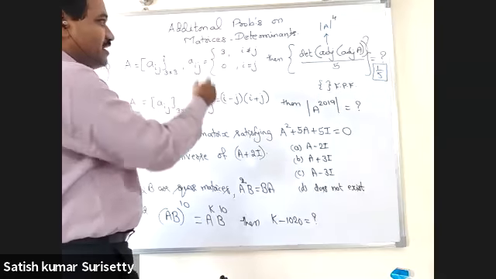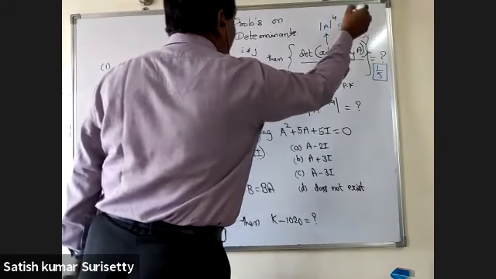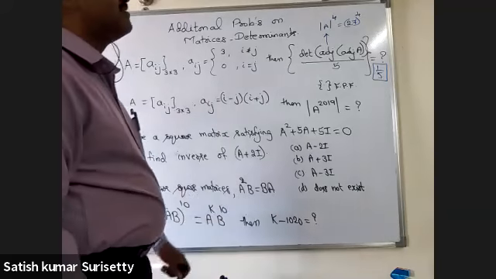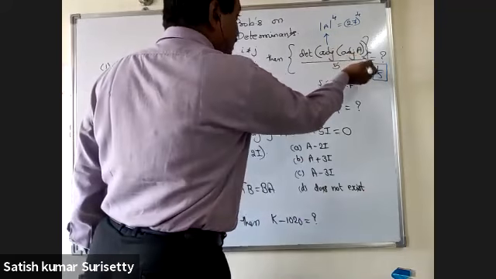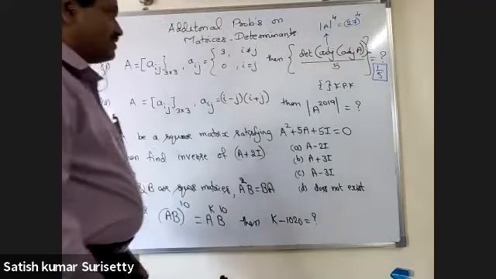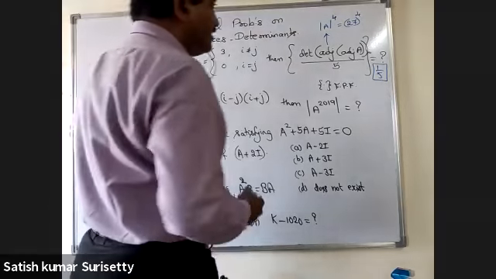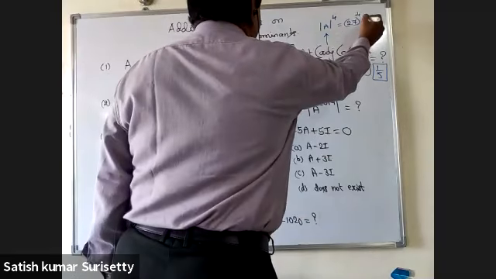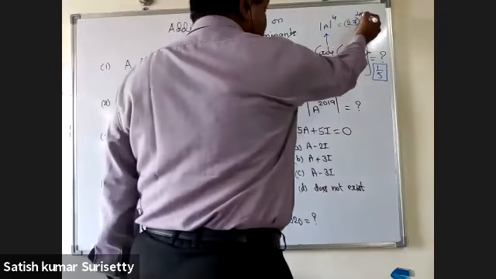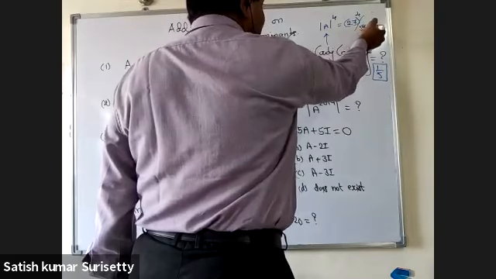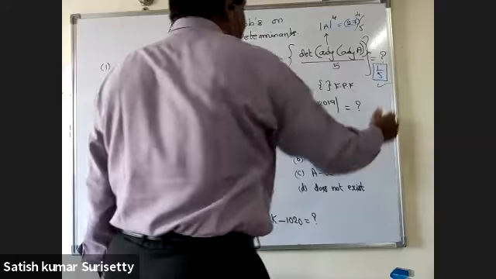Okay, that means what the determinant of this will be? 27 to the power of 4. Now, that means 27 to the power of 4 upon 5. Further, you have to take the fractional part. So 27 whole to the power of 4, when you divide, what the remainder will be? 2 to the power of 4, that is 2 power 4, 16. 16 upon 5, that means again will be 1. So 1 upon 5.